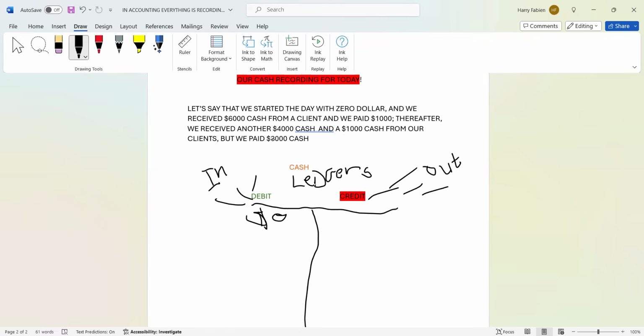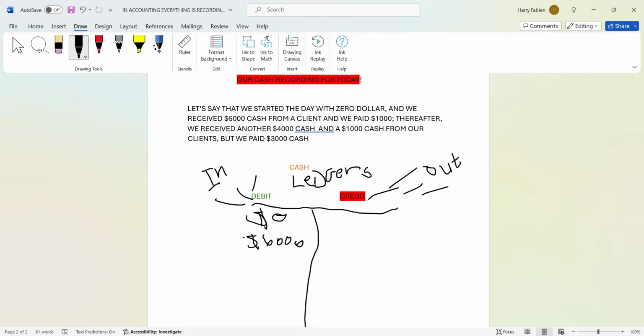and we receive $6,000 cash after we start the day. Thereafter, we receive $6,000. Where are you going to put the 6,000? Because we receive money. Remember, I told you, whenever you receive money, you add it to the debit side. So you're going to add $6,000 there. That's the way accounting works. Simple as it is. As soon as you can manage your debit and credit side, you'll be good in accounting.